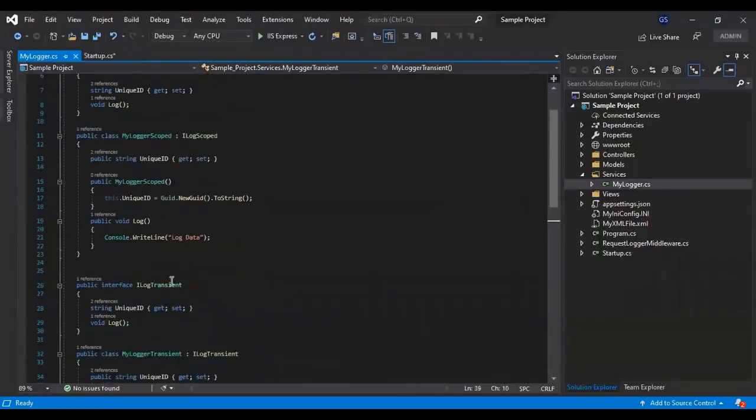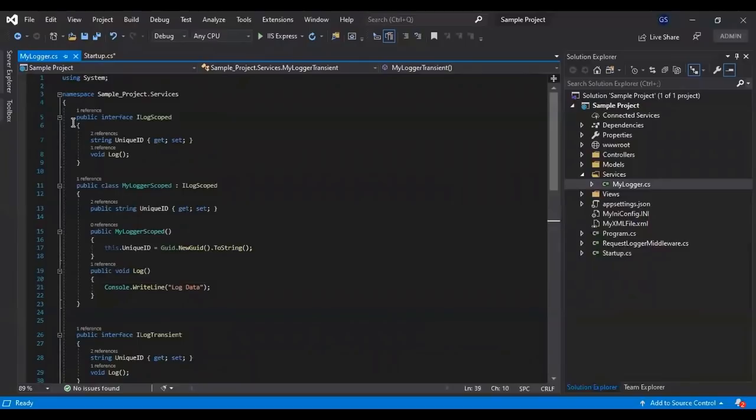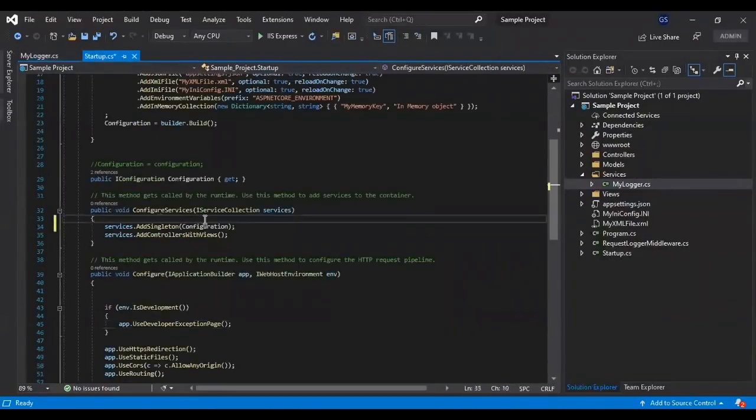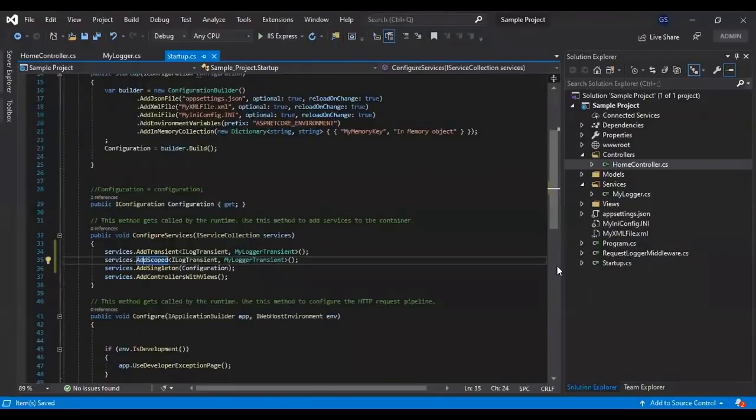In this, we are simply logging with Console.WriteLine, and when a constructor or a new instance is created, it will assign a new GUID. Now let's register these services in our Startup.cs file. Now we have registered our services, and let's see how to inject these services into our application.